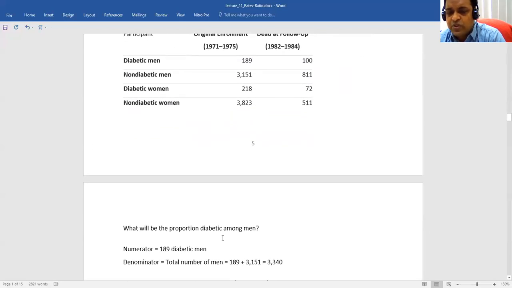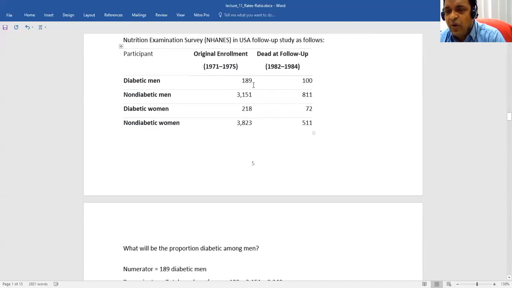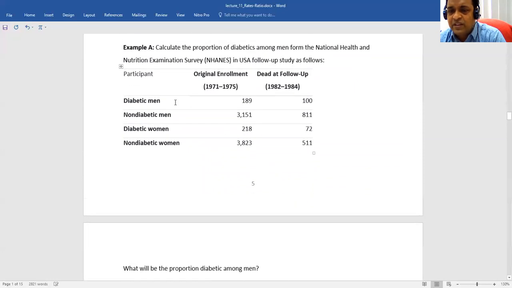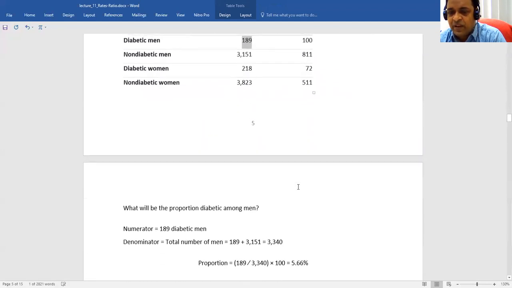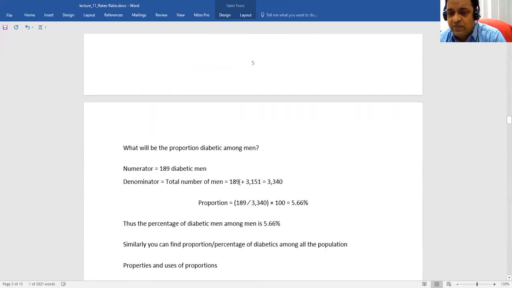Okay, what is the proportion of diabetics among the men? So in the total men, what is the percentage of the diabetic patients? So you can find it. Here diabetes is the numerator, 189, and what is the total? The total will be diabetics plus non-diabetics. So total men for the diabetes and non-diabetes, if we add, 189 is diabetics and 3,151 is